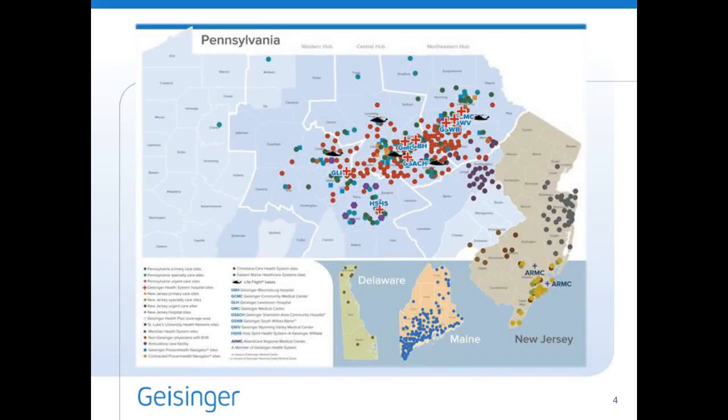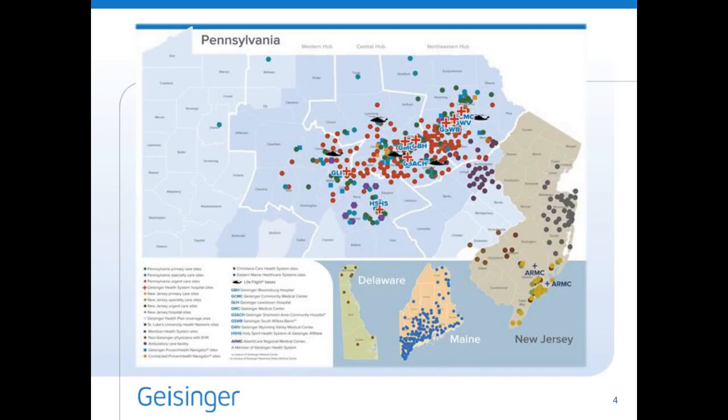And although my perspective may be this large integrated delivery network, I have worked in community-based hospitals, reference laboratories, government healthcare facilities, and academic medical centers in my career. So I am most happy to field questions from every level of healthcare organization that's on the line. 223 of you today, by the way, just FYI.